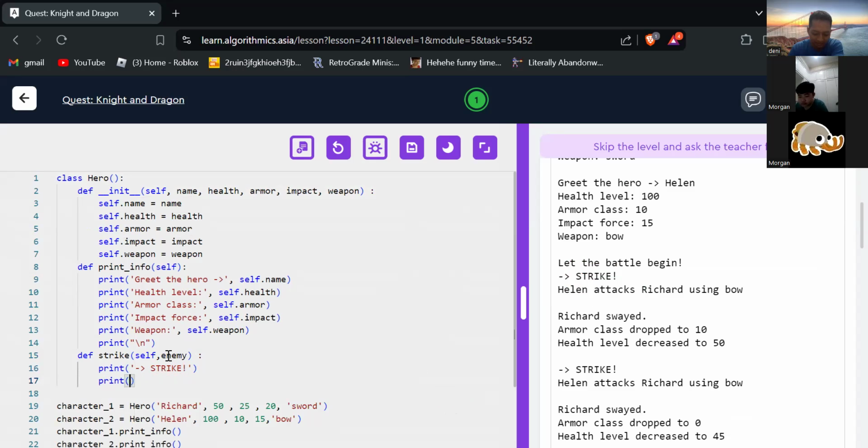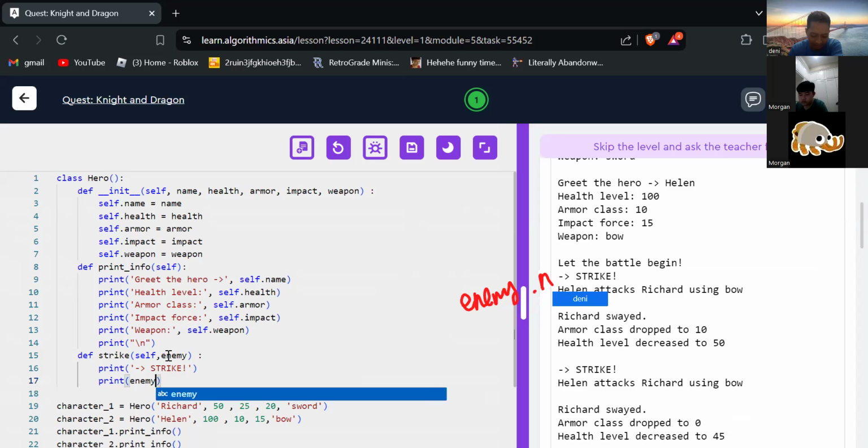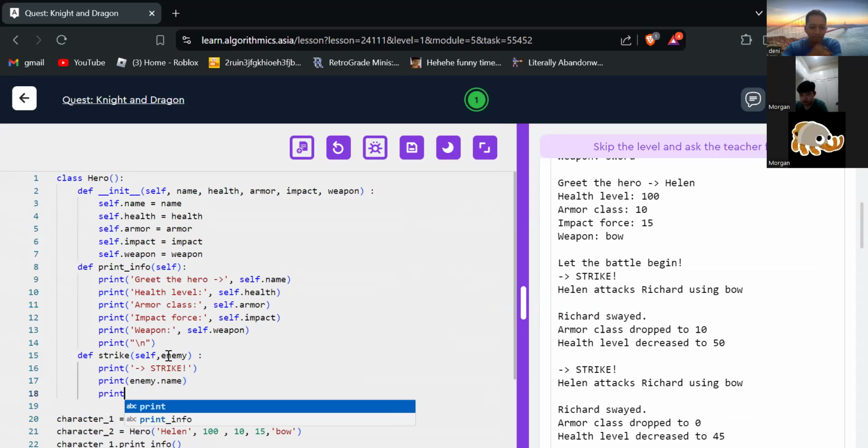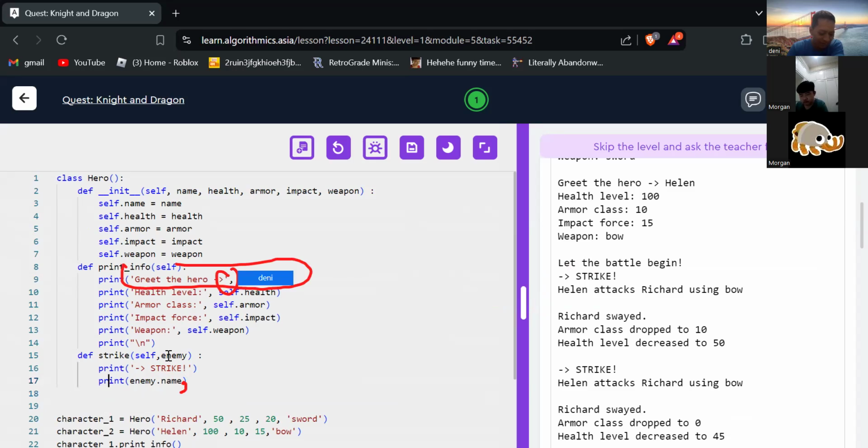Okay, you can use enemy.name. And then attacks self.name. You can directly add a comma as usual, like this. Add a comma for separator.